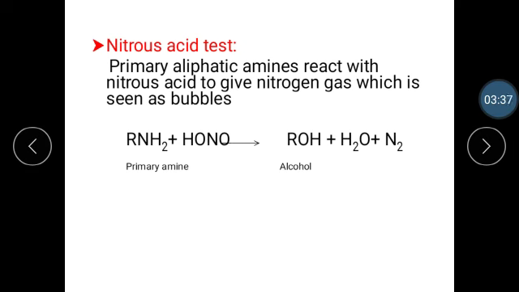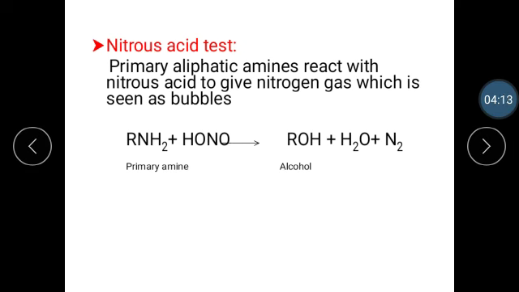Take small quantities of primary, secondary and tertiary amine in test tubes A, B and C respectively. Take another test tube and add sodium nitrite to it. To this add a small quantity of distilled water. Shake the test tube well to dissolve the sodium nitrite in distilled water to get sodium nitrite solution. Cool the solution in ice cold water for some time. Then add a small quantity of hydrochloric acid to test tubes A, B and C.